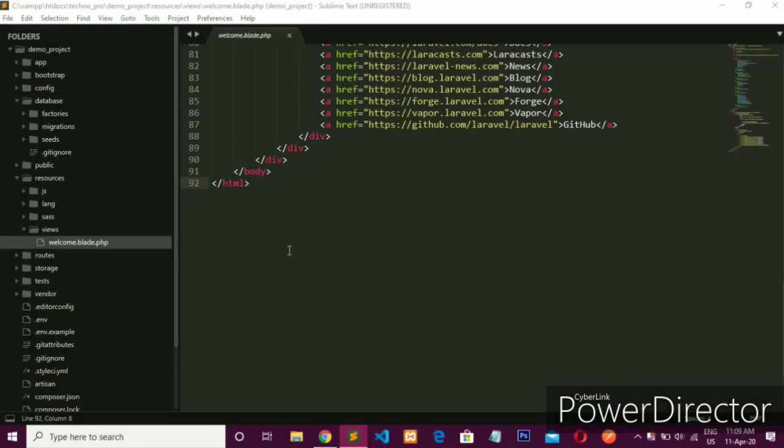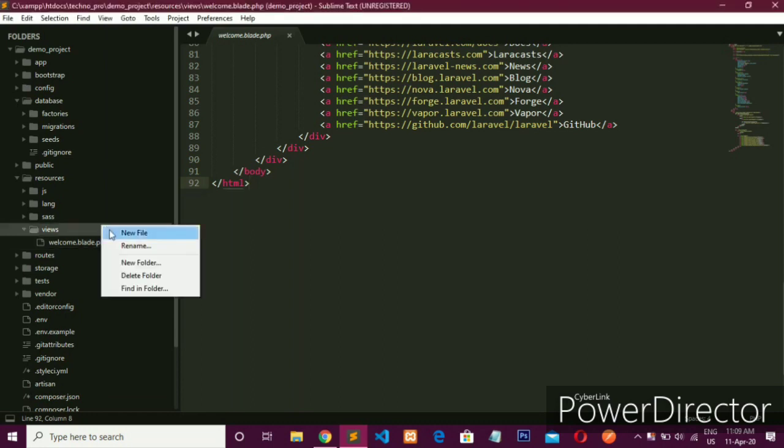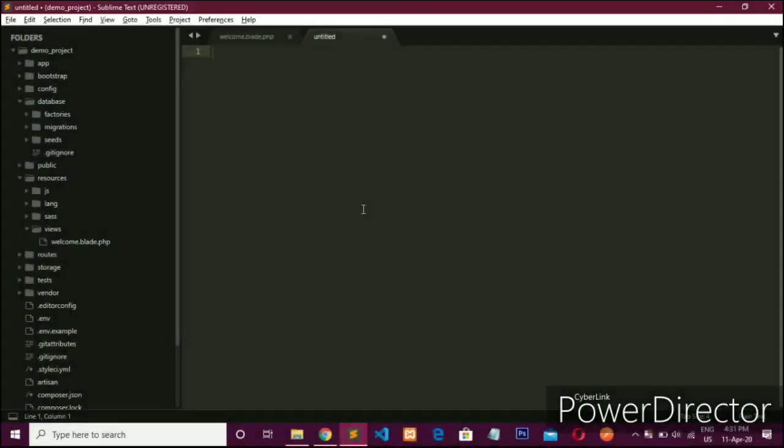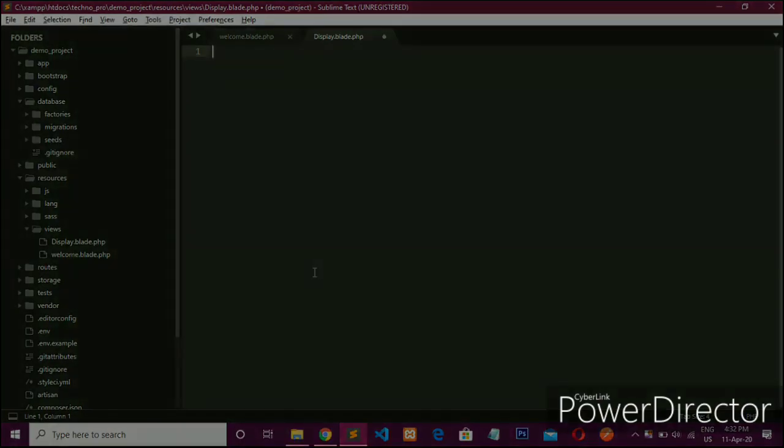Now for creating your blade file, right click on the views folder, create new file, save this file as blade.php, Ctrl S. Okay, now you can write your logic here. Let's see how you can pass your data into a view, so you can understand that.